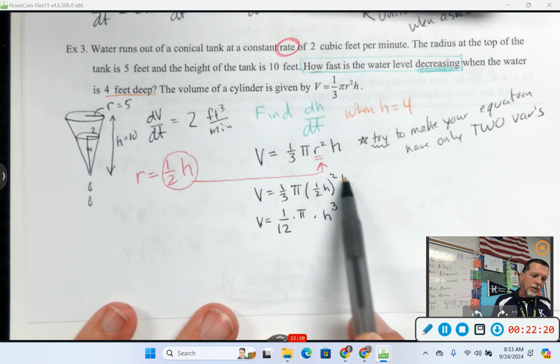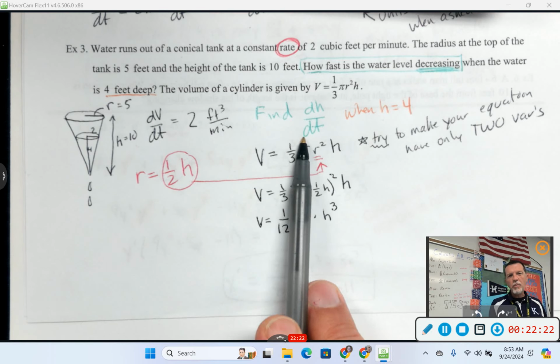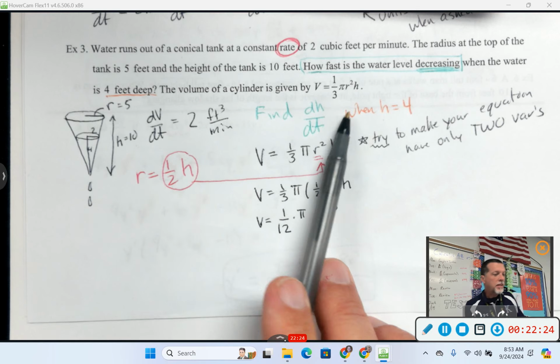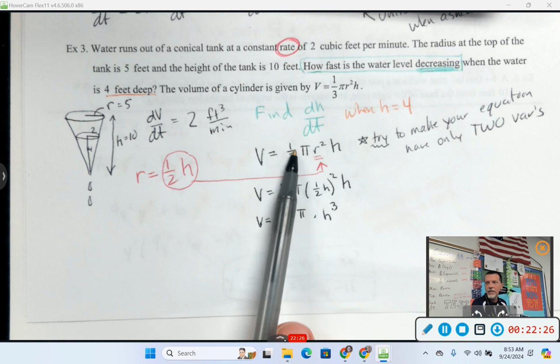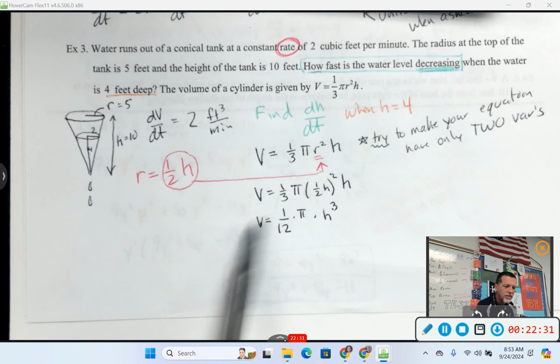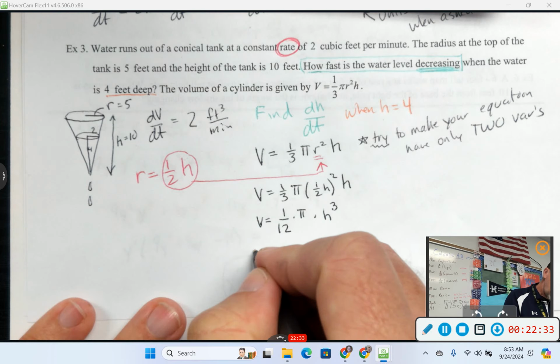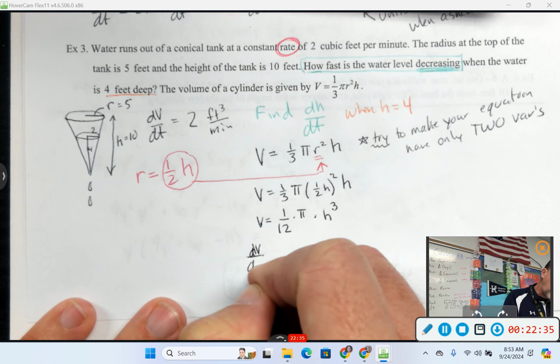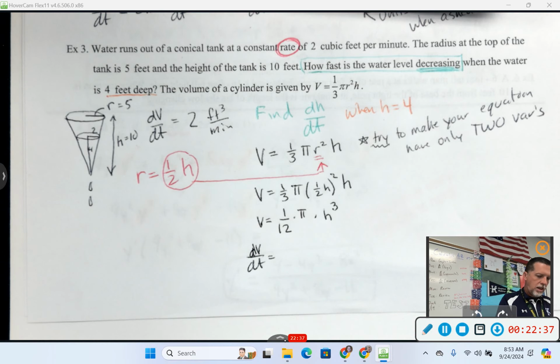So now we can take a derivative and we'll have dH/dt show up, and we'll have dV/dt show up, but that's fine. Those are the two quantities that I care about. I know dV/dt, I'm looking for dH/dt. So let's take that derivative and see what happens. So dV/dt equals,